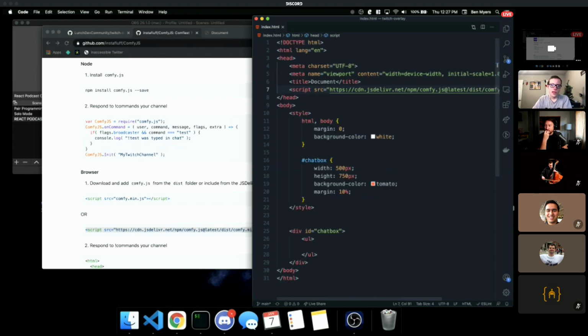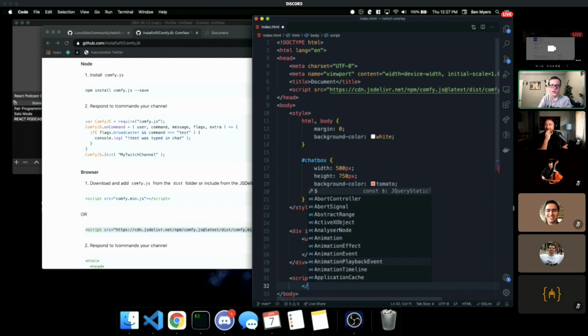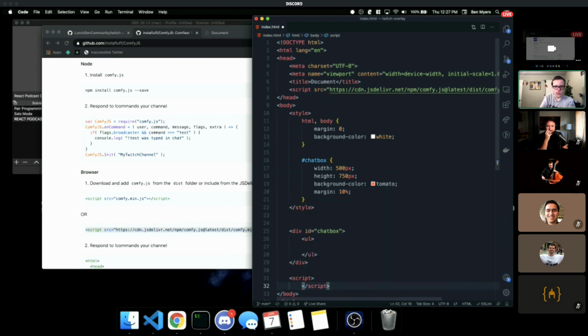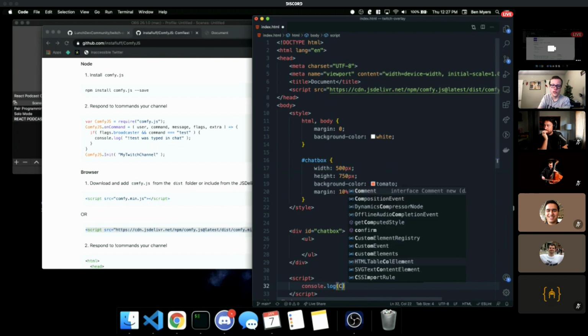Cool. I think this should be ready for us to go globally already. So I'm going to add some script tags here just to test this theory out. Oh, I guess it's not going to autocomplete the closing script tag. Wild. Just to test the theory out, I'm going to console.log